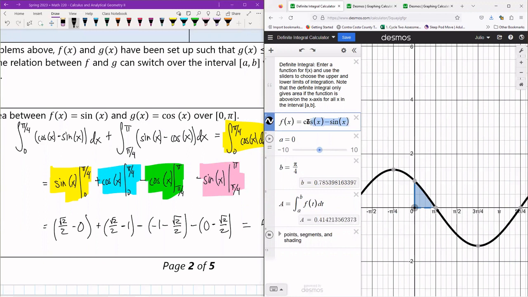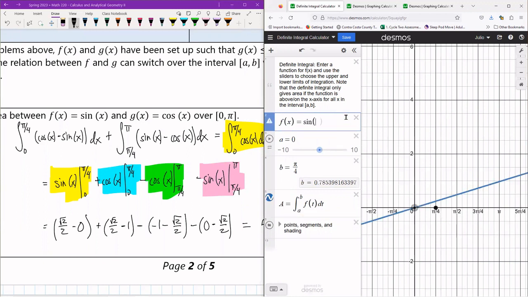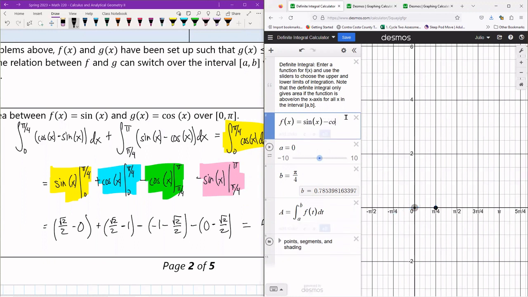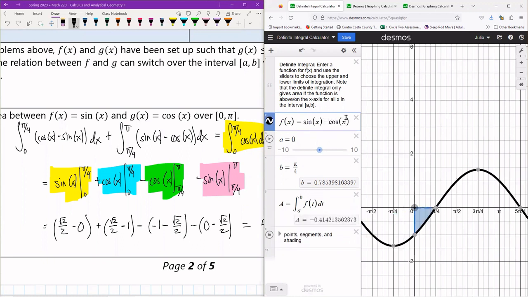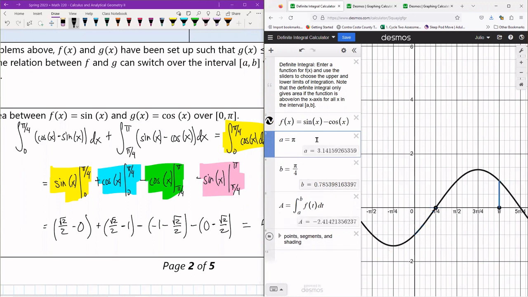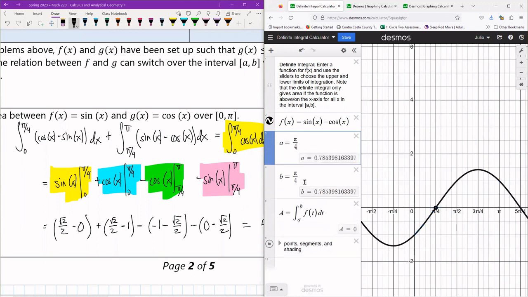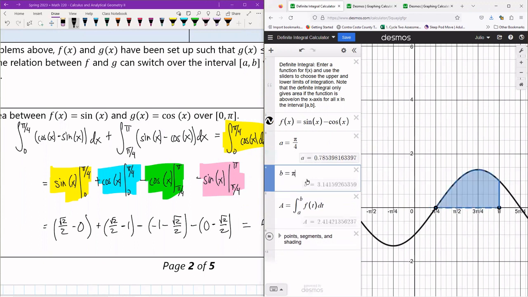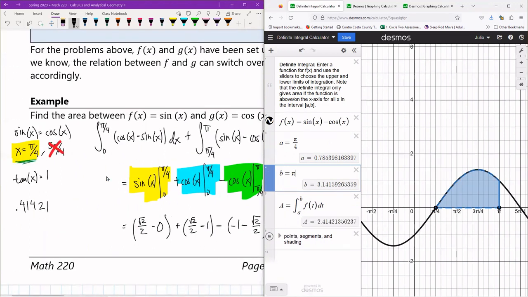Now I'm going to do the exact same thing, but I'm going to basically change the order, right? So it's going to be sine of x minus cosine of x. And this one has to be from pi over 4 to pi. So I'm going to do pi divided by 4 here, and then b is going to be my pi. Okay, and the answer I get for that one is